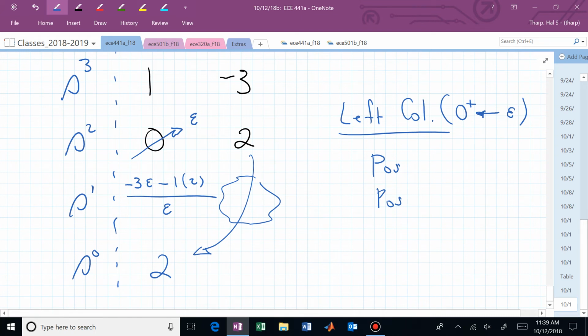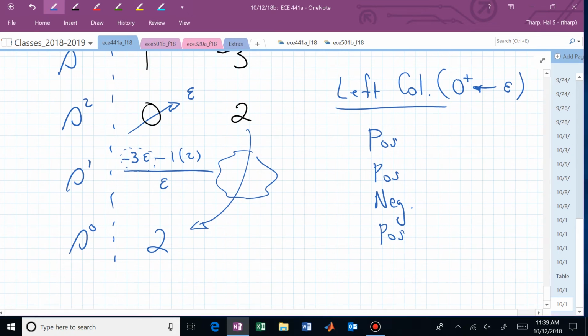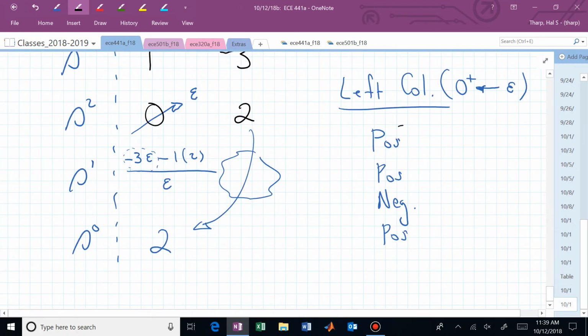In the s1 row, as epsilon approaches 0, this particular entry vanishes. We have a minus 2 divided by a positive number, so the next entry in our left column is negative, and then the s sub 0 row is positive. We've looked at this case before. This now tells us that we have two sign changes